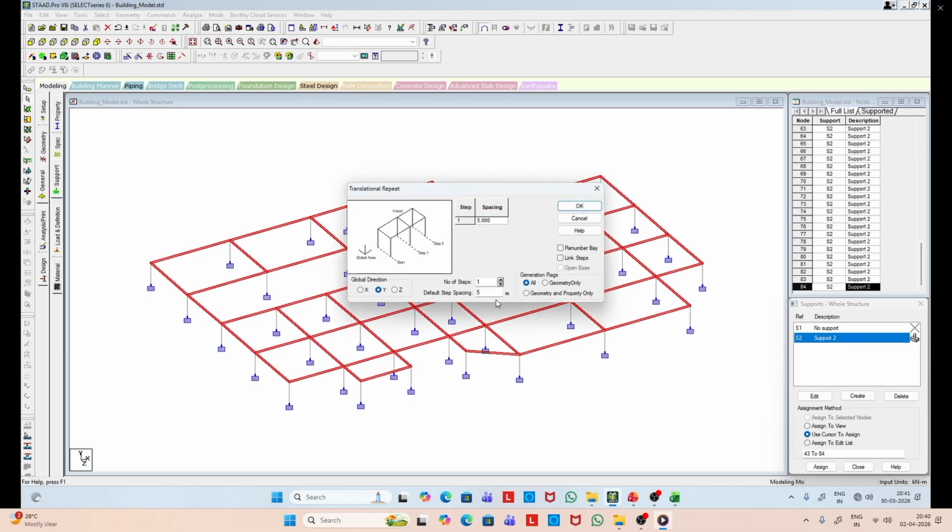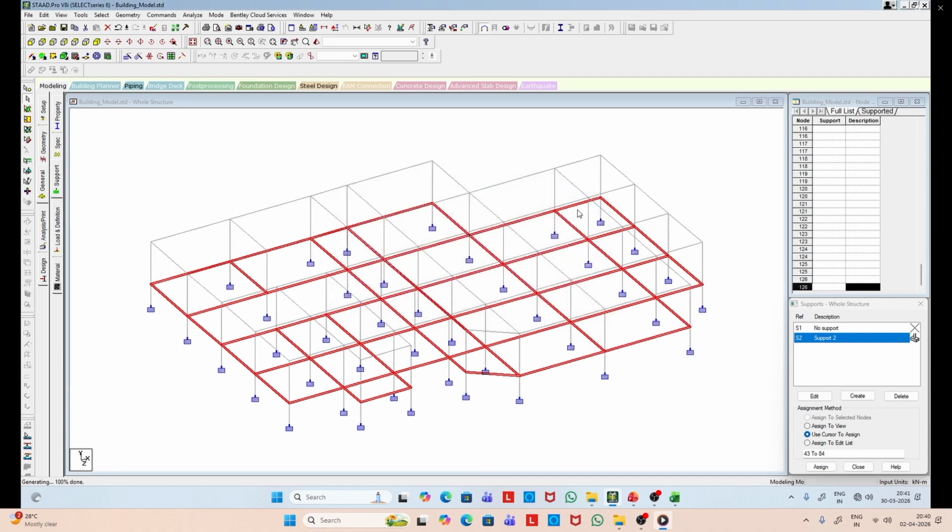Now, the first story, that is at the ground level, is created with a 4-meter high column, and you can see that is created.